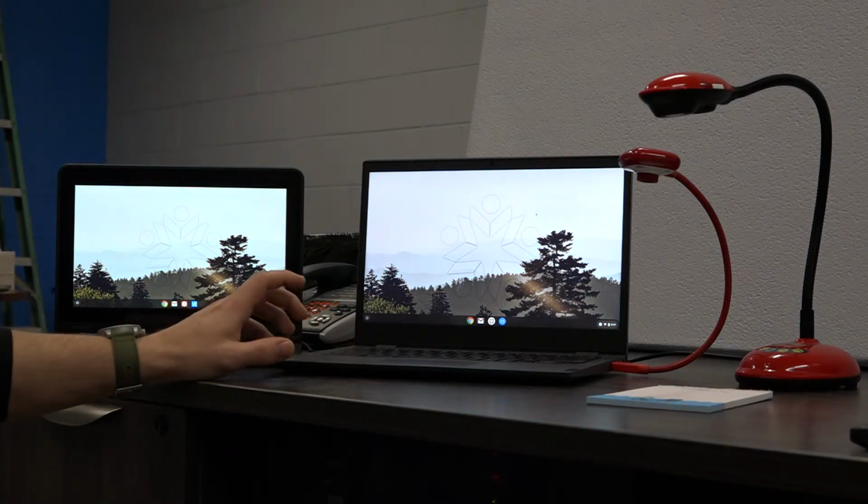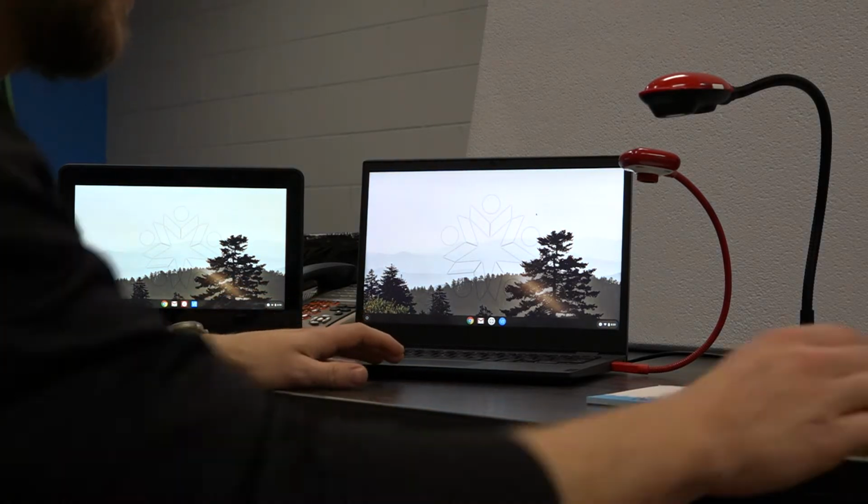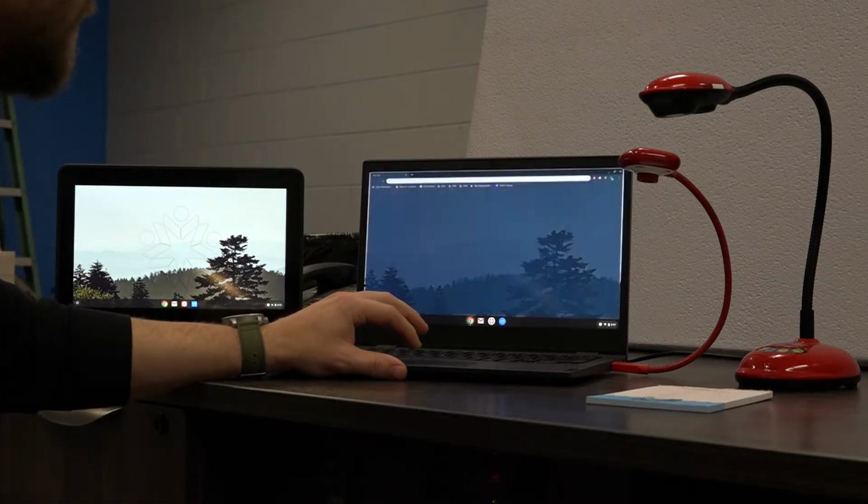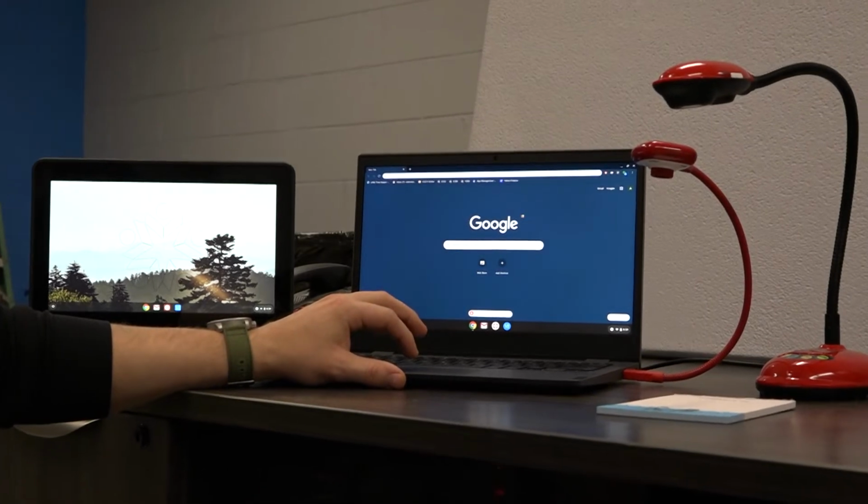And in order to do that, we're going to set up a Google meeting so that we can share our screen with the class. To start, I'll zoom in here. We'll just